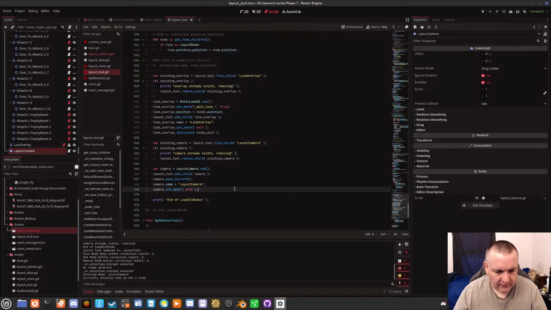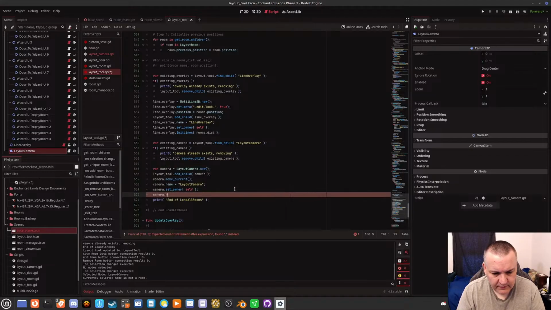I'm going to set it here. So camera dot room container equals rooms.